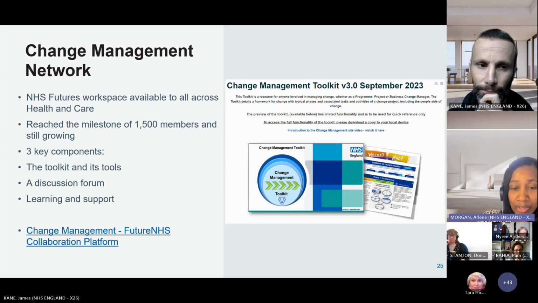So just to let you know that the Change Management Network is available. It sits on NHS Futures Workspace, and it's available to all organisations across health and care. This is where our toolkit sits. We've reached a milestone of over 1,500 members now, and it's still growing. Some of you are already members, I'm sure. But if you do want to join up